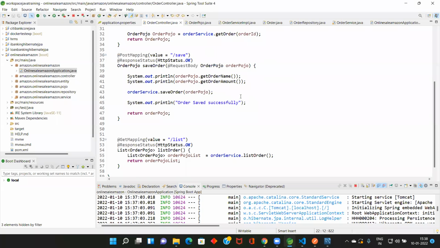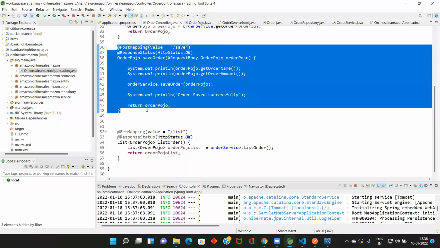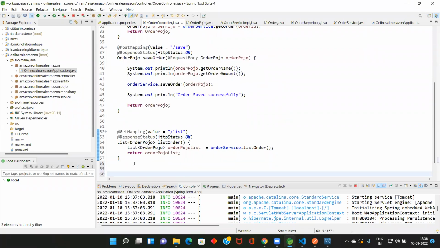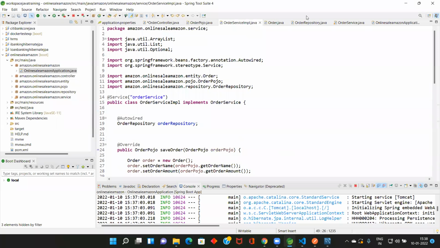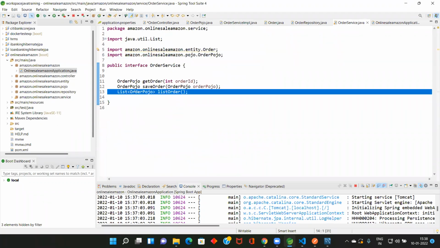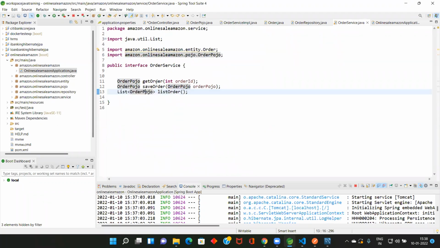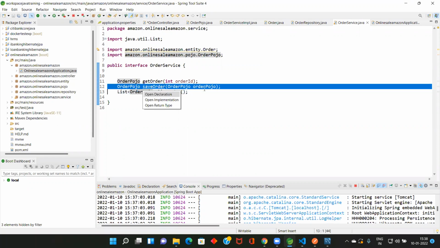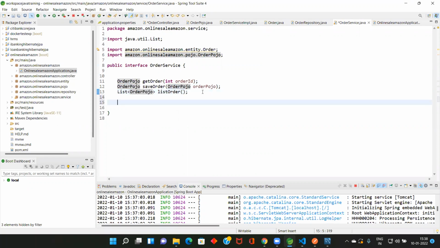So if you want to update, again it is going to be the same. Before that, always you start from the back. So here add a method. Anyway, Control S. Go to service. So you want a method, right? What is the thing that you want to do? Control C, update. Update order.